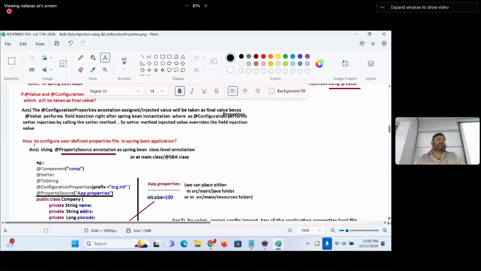So the final conclusion from my side is: @ConfigurationProperties performs bulk injection, and @Value performs single value injection. If both are used to inject two different values, generally it sounds like @Value should get priority. But since @Value performs field injection and @ConfigurationProperties performs bulk injection, the priority